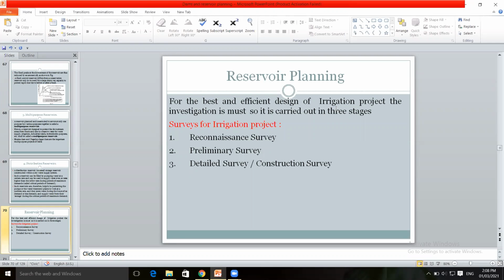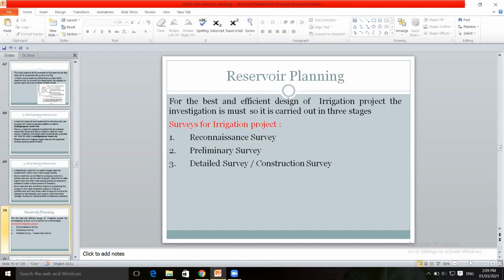त्यासाठी काय करावं लागेल? To fulfill the various objectives, त्यामध्ये आता आपण पाहिलंय, for generation of the electricity, for water supply purpose, for irrigation purpose, or for flood control purpose. To serve these various purposes, how is the investigation carried out? Investigation of the reservoir or any particular dam reservoir project. The surveys are to be carried out for a particular irrigation project.